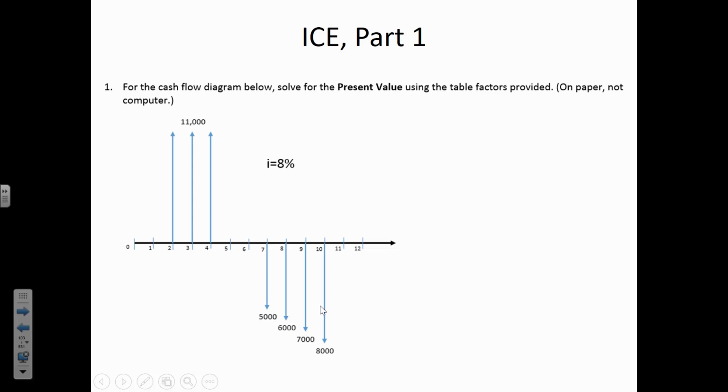Step 1, P/A, i equals 8%, N equals 3, you look up the number, and then that takes the 11,000 from 2 through 4 into a single amount